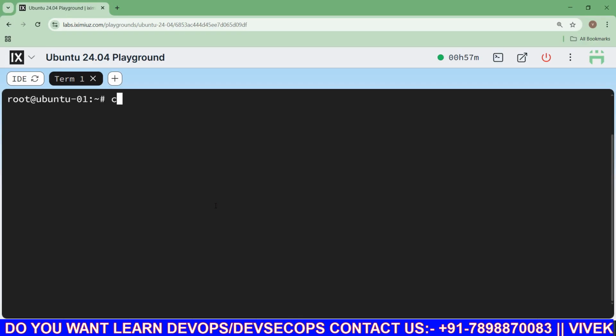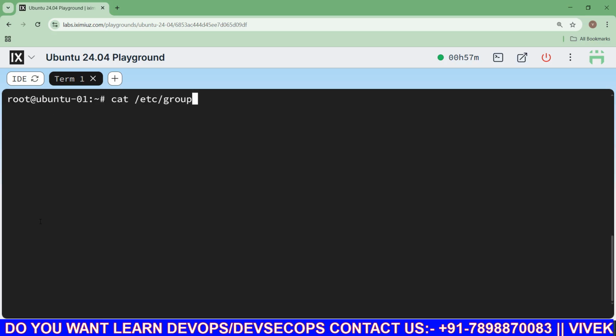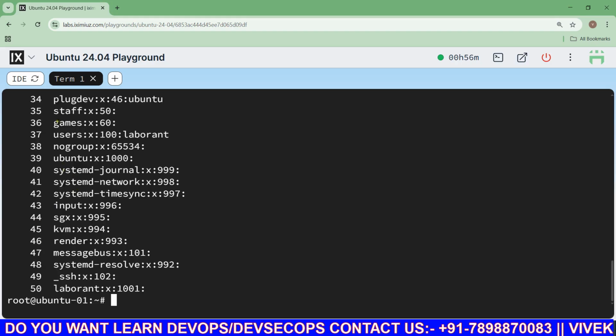So first of all, I want to read a file: cat etc group. Okay, so we will read the etc group file, and it will show the content, but you can see that there is no line number, right? So I want to list it with line numbers, so what you will do, use the hyphen n option. So n will show line numbers. You can see here what result we are getting: the content inside the file with line numbers. So this is the basic syntax.